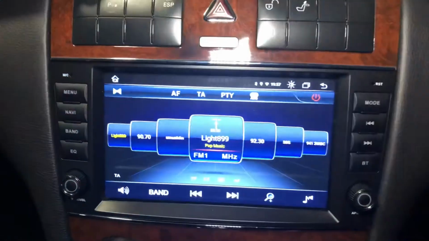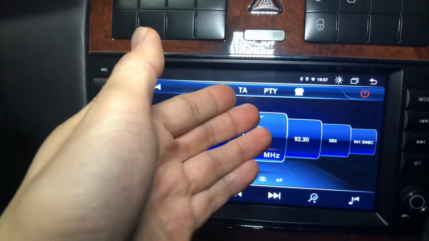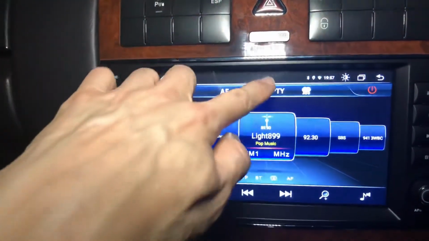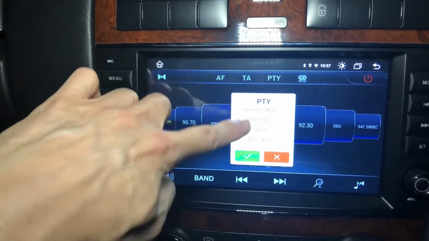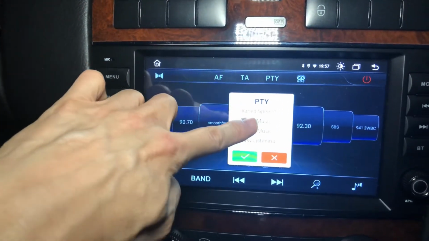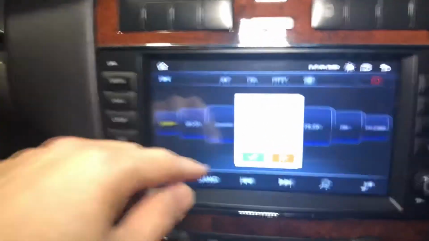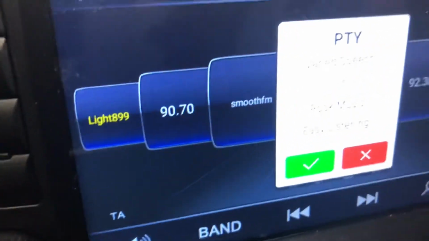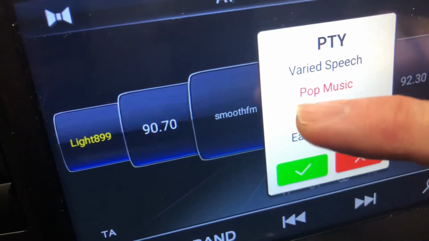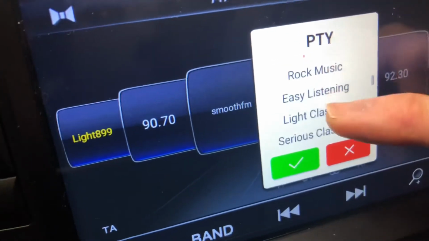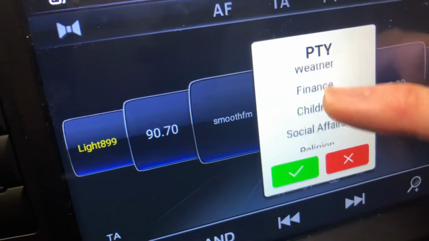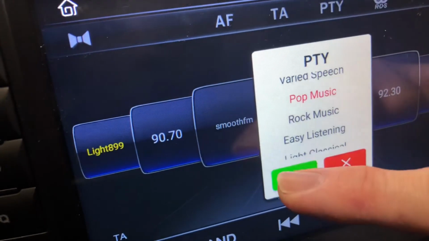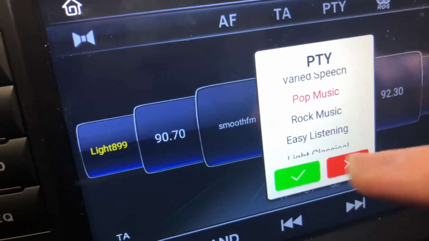This is program type. The program type button here acts as a filter. For example, if I just want to listen to, let's say, pop music during my drive, there are several options that you can choose from. I'm not sure you can see that. So I'm just scrolling through the list that's available. If I choose pop music and press the OK button,